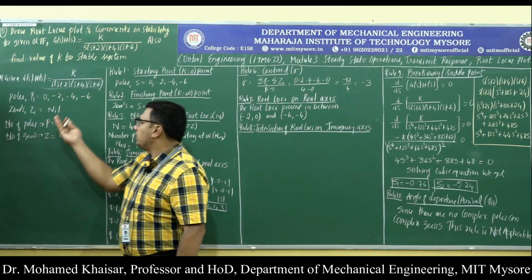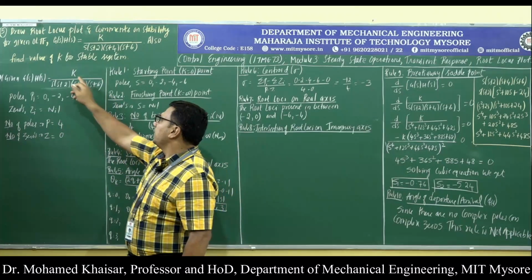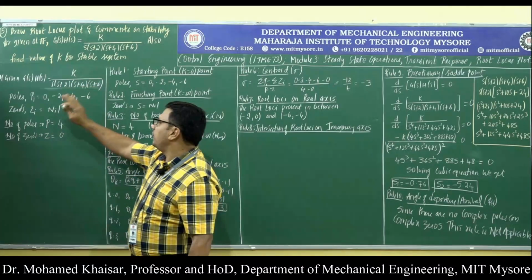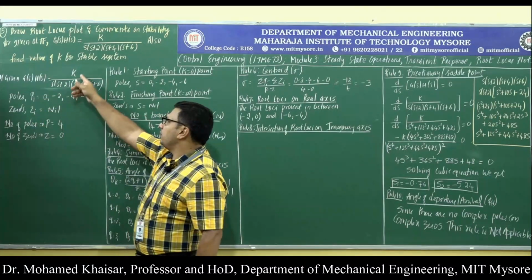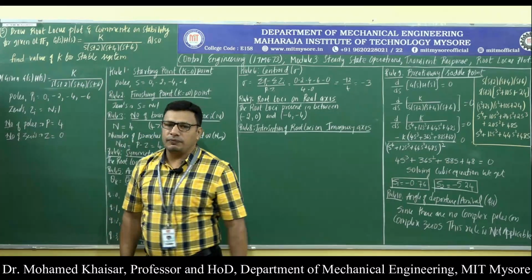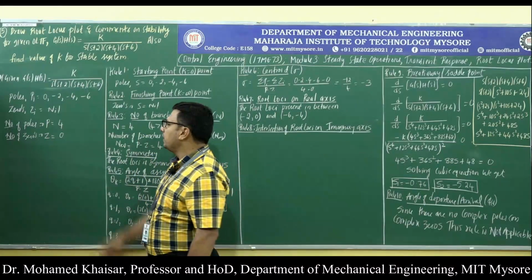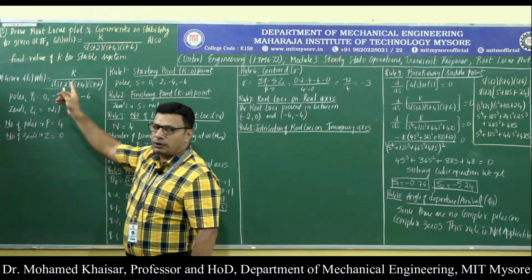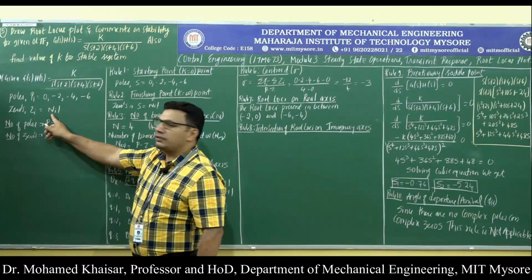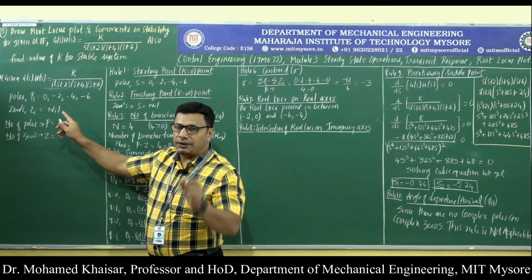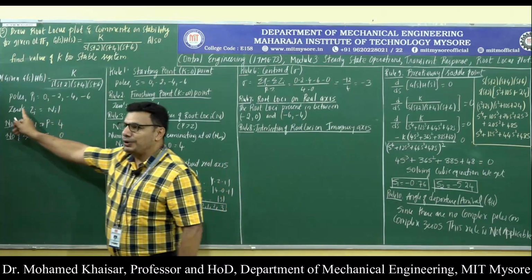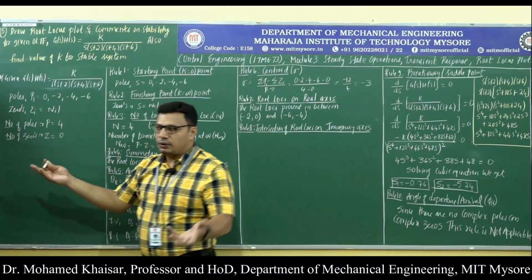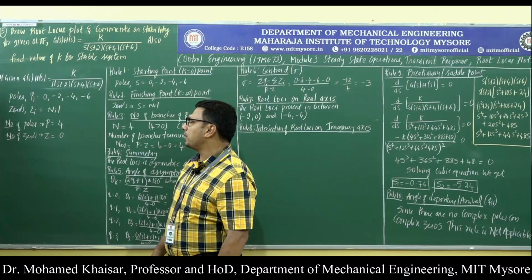Then what are the zeros of the given open loop transfer function? K, you should not consider as a zero or a pole. So we will ignore K, and we find that there are no factors in the numerator, because of which there are no zeros. That is why we will write it as nil. We will not write 0, otherwise 0 itself becomes a zero of the open loop transfer function. There are no zeros in the given open loop transfer function.